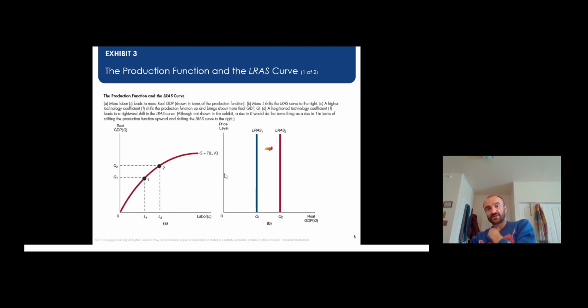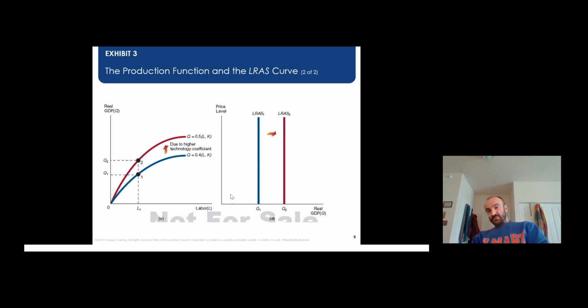You can achieve the same result, this here, by working more with the same technology and with the same quantity of capital goods. You can sacrifice more by working 10 hours instead of 8 hours. This is the shift from L1 to L2, and you can have more output. But you can have more output, the same result essentially, by working the same number of hours, but with a superior technology, by using